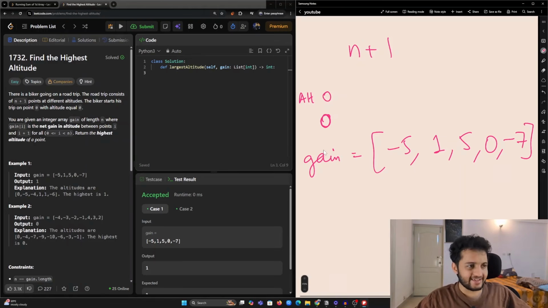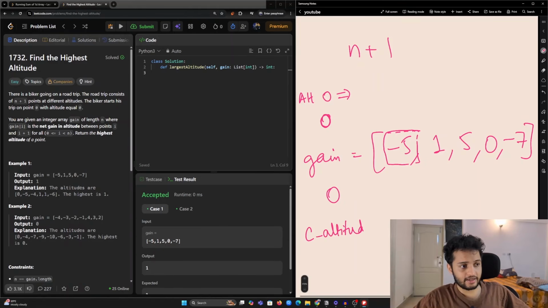What this simply means is that you are starting at an altitude of 0 and then you gain minus 5 meters. Let's say it is in meters. So now your current altitude is 0 minus 5, which is minus 5, right?